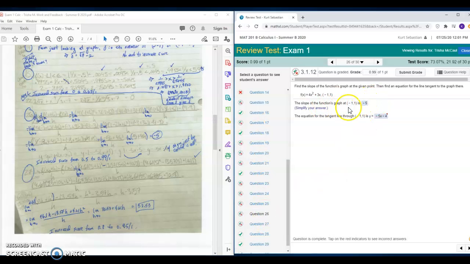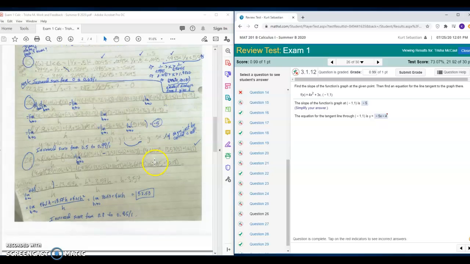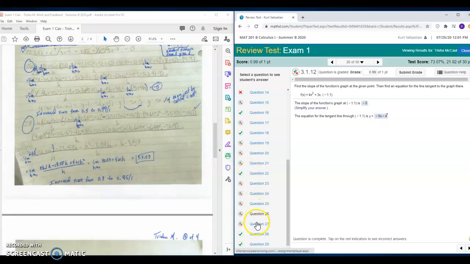So 26 is going to be a similar problem. And again, you went through everything correctly, and you got the slope here of -5, which is awesome. But then once you had the slope of -5, you plug that in, and you got that. And there's a very simple algebra mistake here is all. Solving for y. So I increased your score from 0.5 to 0.99 out of 1. And then in 27,